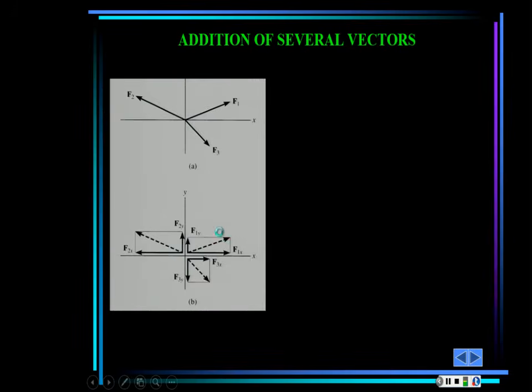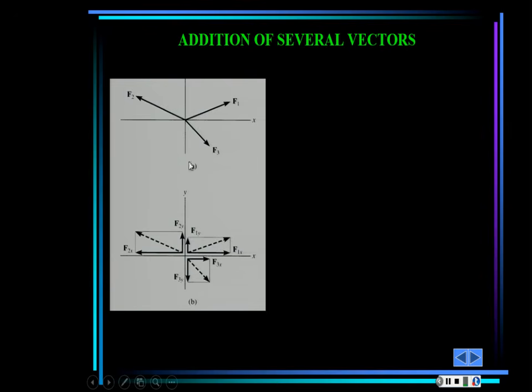Okay, so if you have to add several vectors, you can use the parallelogram law and put the first one, put the second one, put the third one, and measure it, tail to tip again. But that's geometrically, that's graphically. If you want to do it analytically, what you do basically is that you decompose each one of the vectors in